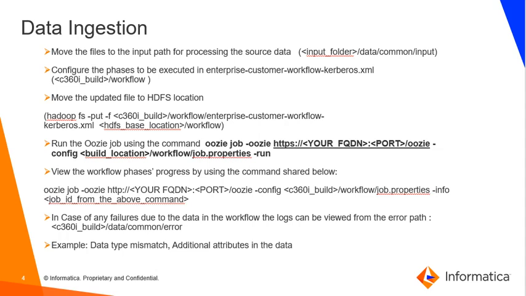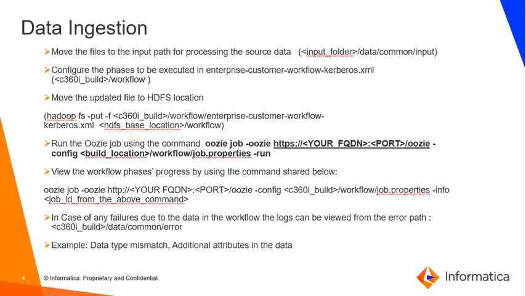To view the workflow phases, you can use the command which is displayed on the screen, like oozie job, and then again your fully qualified domain name with port and details, and at the end there is a keyword called info and the job ID from the above command, which means when you have run the Oozie workflow, you would have received a job ID, and that